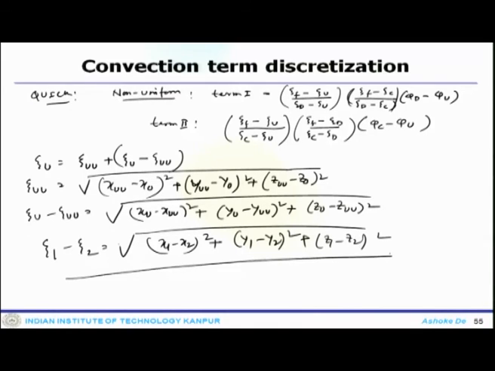So, this is how you can actually get the functionality between uniform and non-uniform system, and the functional form looks similar, the only thing is that for the calculation of the non-uniform system, the coordinate system becomes xi system. So, we will stop here and we will continue the discussion in the next lecture.